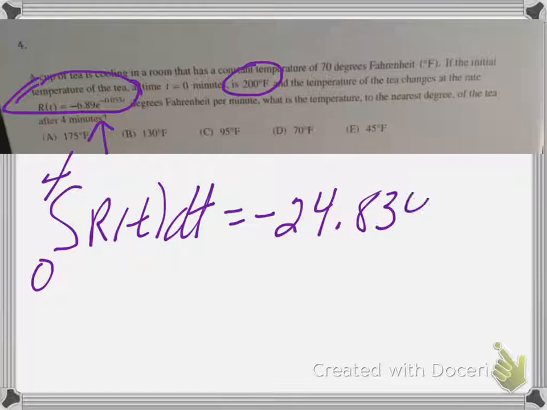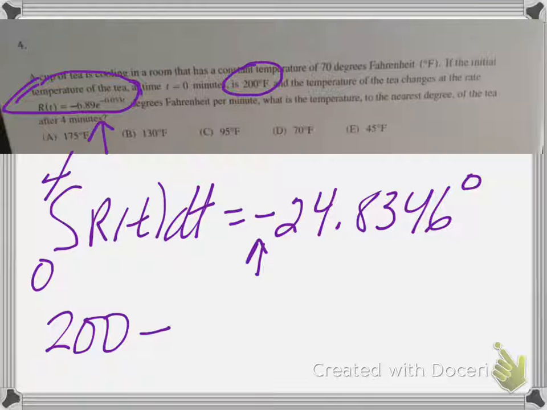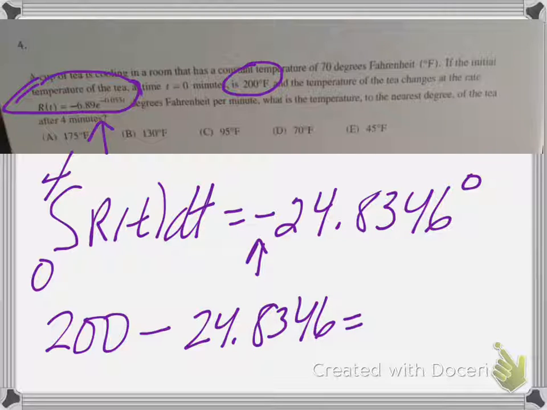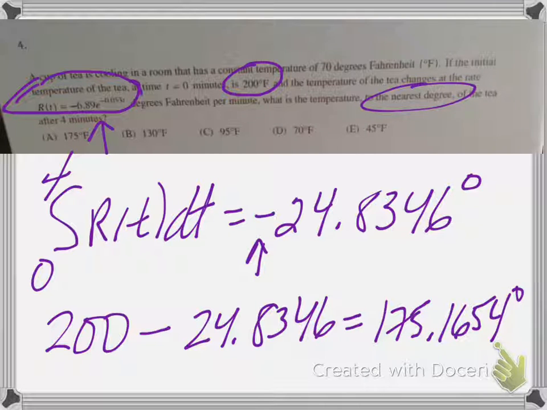We get this amount. Okay, so this is degrees, and you can see there's a negative there. So that means the temperature went down by 24.8346 degrees. So what was it originally? 200. So then you're going to subtract that 24.8346, and you get 175.1654 degrees. But it asks you to find it to the nearest degree, so the nearest degree would be 175,